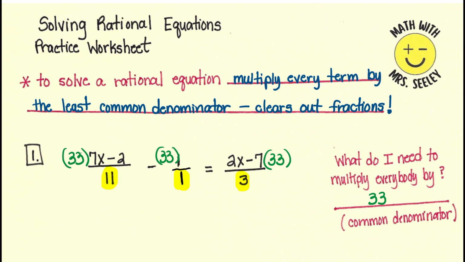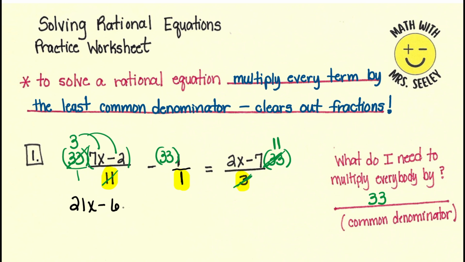Then you cancel. And note, this is a 33 in the numerator, which allows that 11 in the denominator to go into that 33 in the numerator 3 times. Nothing cancels here, and here 3 goes into 33 11 times. Then you're going to take what you have and let's distribute. So when I distribute that, that is going to give me